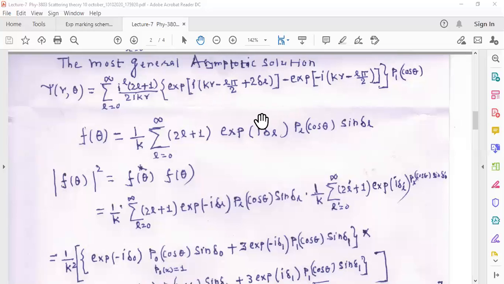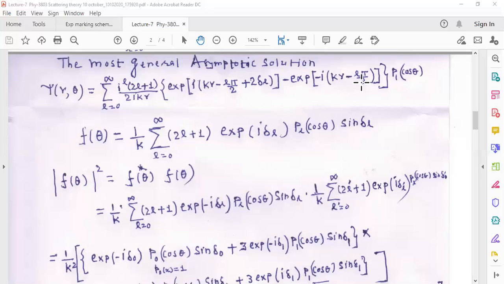As you know, the particle has two eigenstates. So the term e to the power of plus i into bracket kr minus L pi by 2 plus 2 delta L represents the outgoing wave,